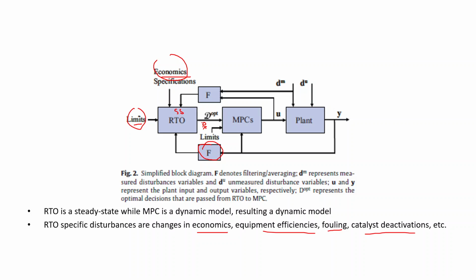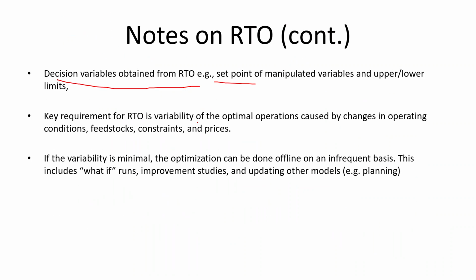They will evaluate the results of this RTO. Obviously they will have to program a set of criteria where if the results of the RTO are still within this boundary, they will not do anything, or just let it pass to the MPC. If not, then they will ring a bell, and then they will have to check whether they can accept the results of the RTO, or they can just neglect the results of the RTO. So that's basically